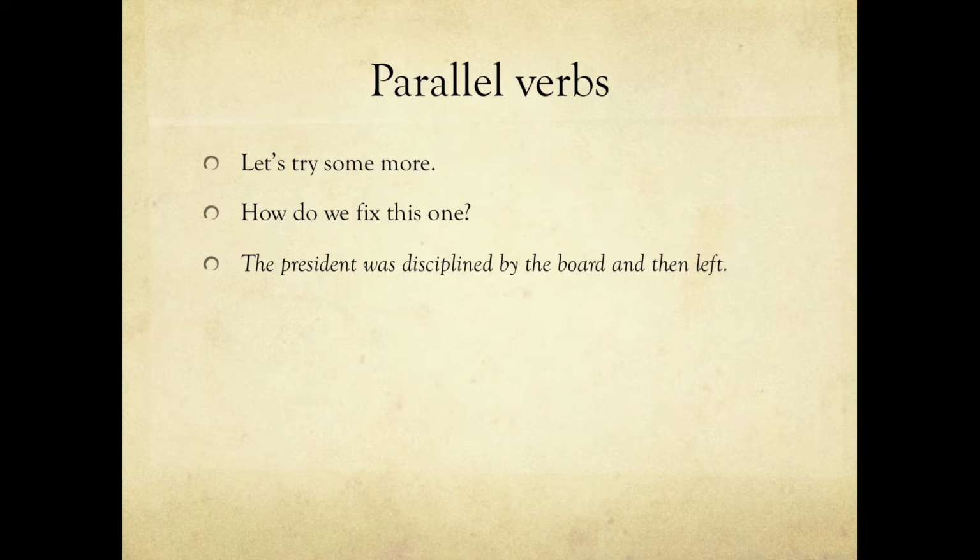And then left. Well, it's clear that we're not talking about the board here. We're talking about the president. And if you'll recall what active voice is, that's when the subject, again, is doing the action. So the president left. Well, quite clearly the subject is not being acted on there. The president is doing something. So that's active voice. So here we have a sentence that is switching from active to passive voice in the